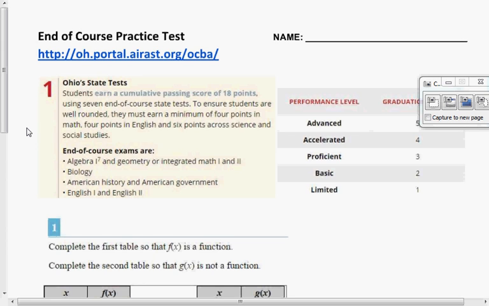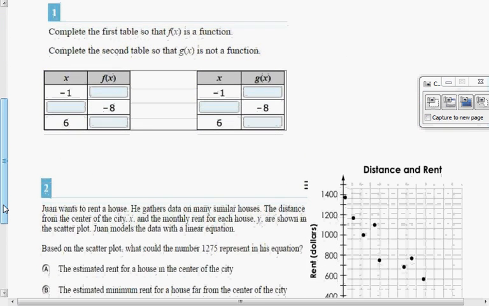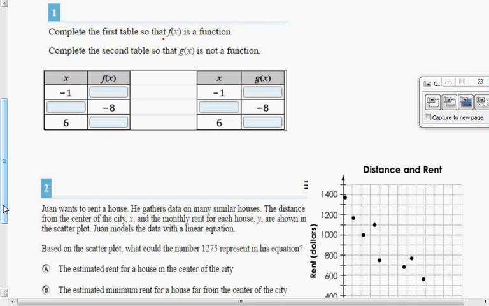Okay, you can go to the website and work these out using the technology, which is a good idea, but let's just start with number 1 here. Complete the first table so that f of x is a function, and so that g of x is not a function. All right, to do this, you have to know what a function is, and the basic definition to recall is that if it is a function,